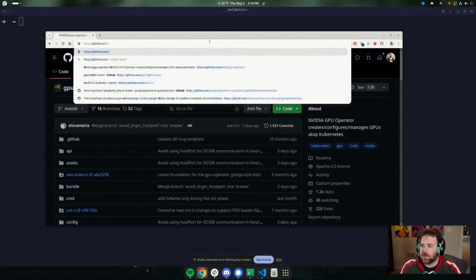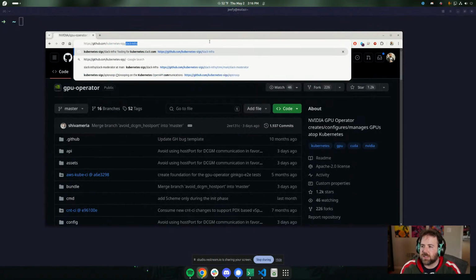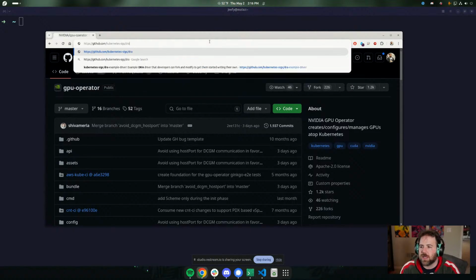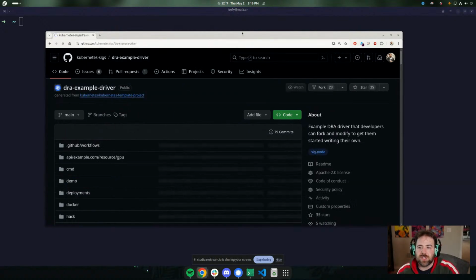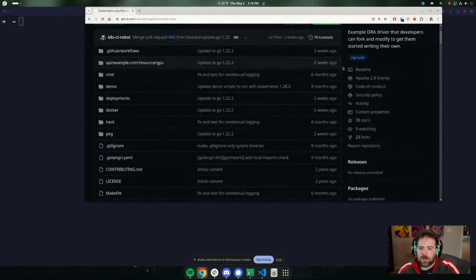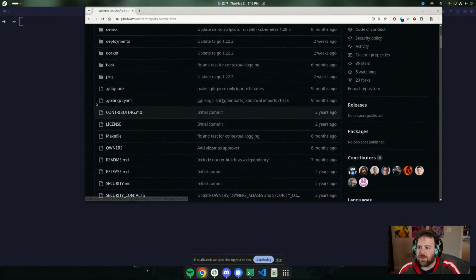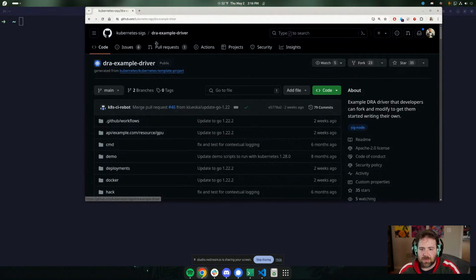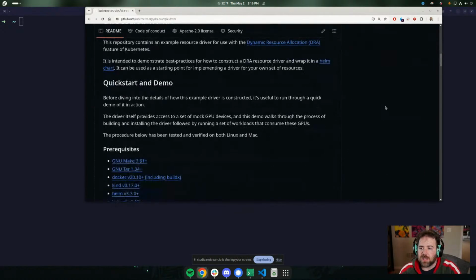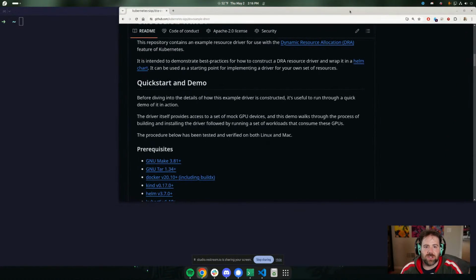So, Kubernetes SIGs, what was it? DRA example driver. So the folks developing DRA are wicked smart, and they have also set up an example driver. And not only have they set up this example driver that is meant to get anyone up and running fast, they also have a quick start. It is my favorite thing, and it is the thing that I always look for, quick start or getting started section. This way we can actually try and get things running in the short amount of time that we